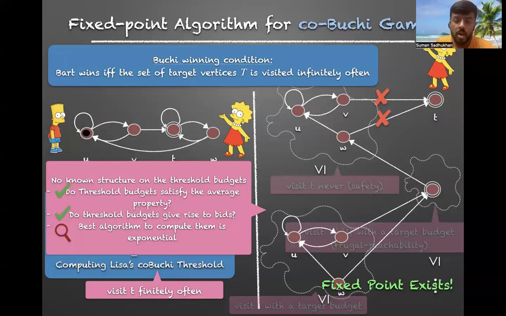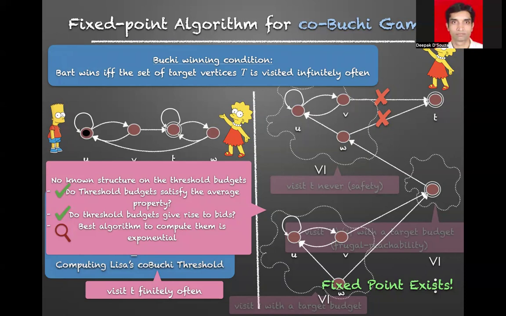So from this algorithm, we get a structure for the threshold budget, because each of the budgets that we computed, we get it from the small reachability games. One question: are you also able to compute this fixed point? Yes. Can't it keep increasing? No, because all these budgets are finite, with integers. Okay, I see.